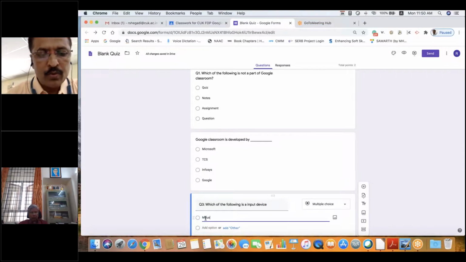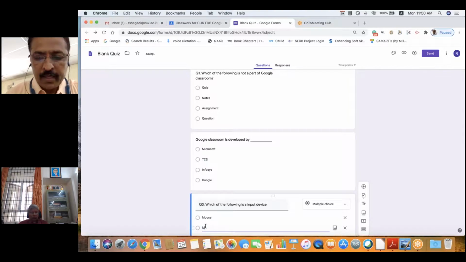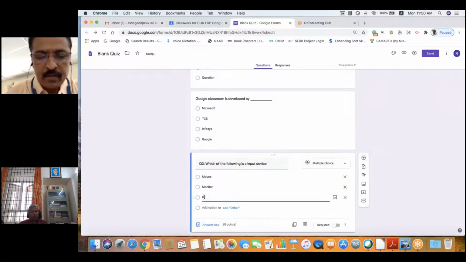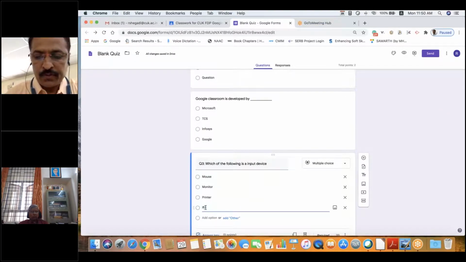Mouse, monitor, then we have printer, then we have processor. Four devices I have given: mouse, monitor, printer, and processor.